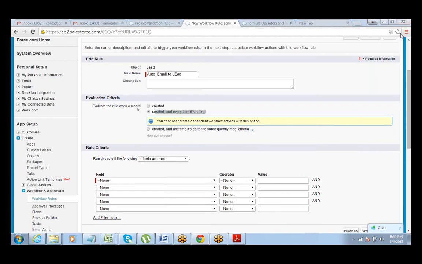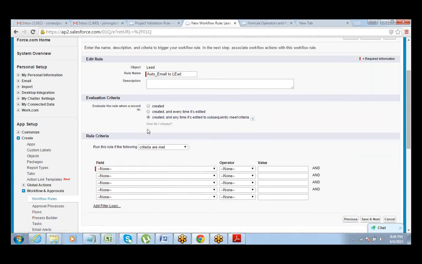Yeah, thank you. So evaluation criteria is where you define when the lead is created or when the lead is created as well as when it's edited. Okay, and the third is created and anytime it's edited to subsequently meet criteria.